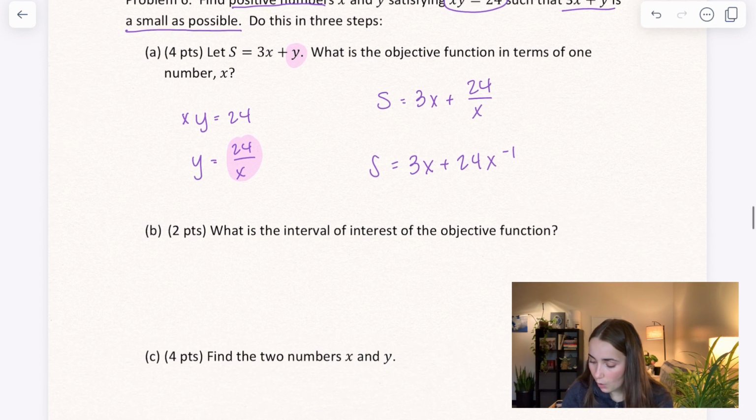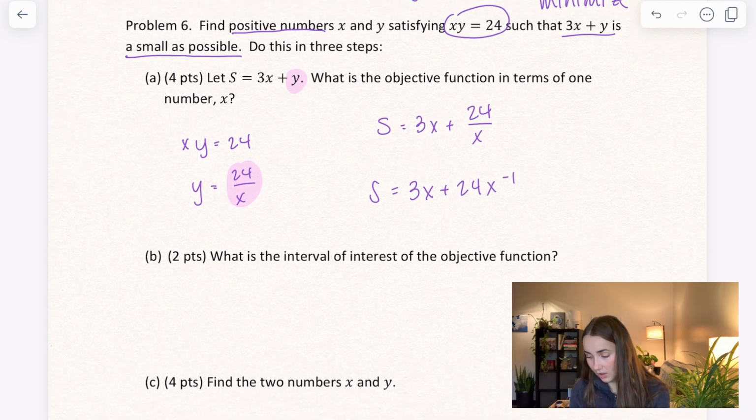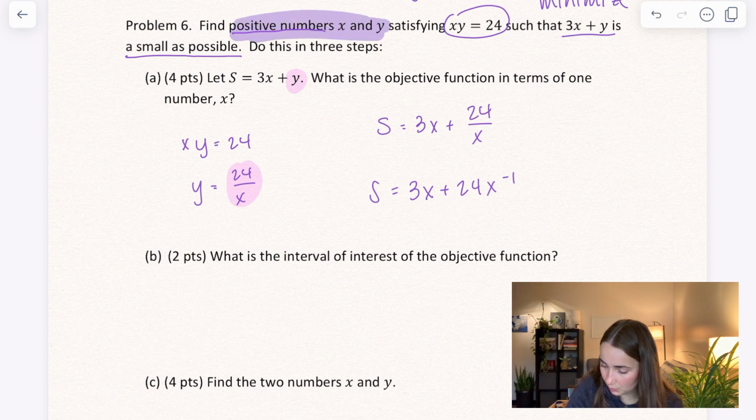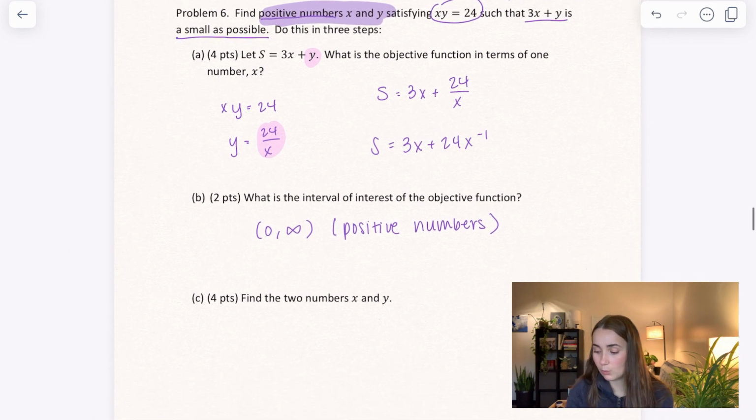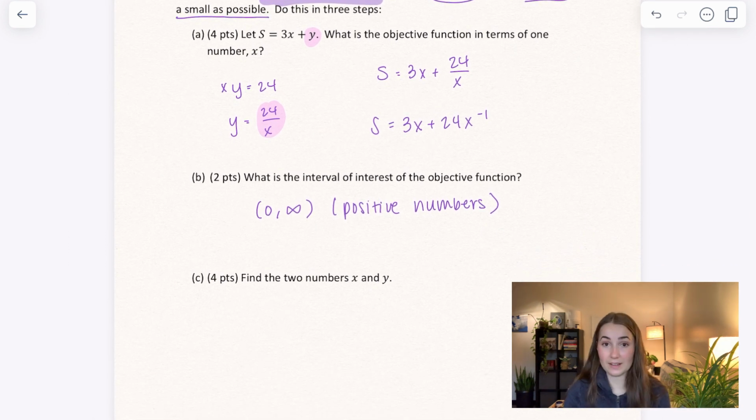So part 2, what is the interval of interest of the objective function? That has to do with this part right here where it says we're working with positive numbers. So we have from 0 to infinity. Okay, and so now we want to go ahead and find the two numbers. So this is an optimization problem, and we want to go ahead and try to minimize or find the minimum